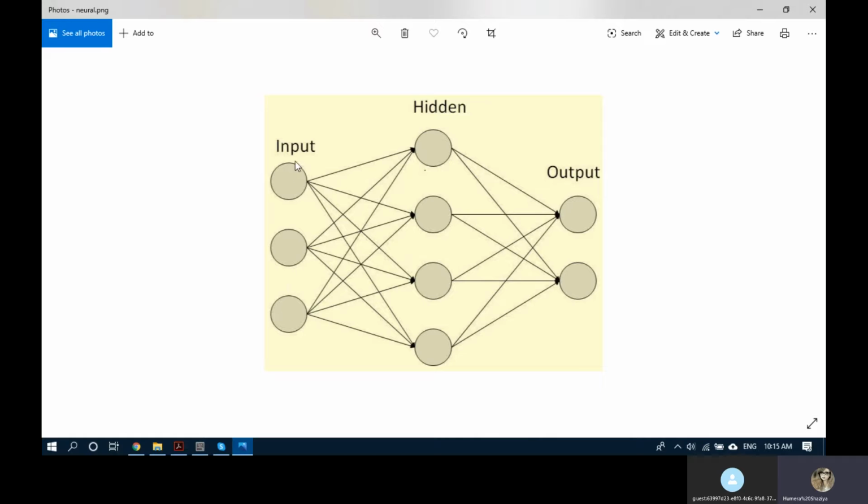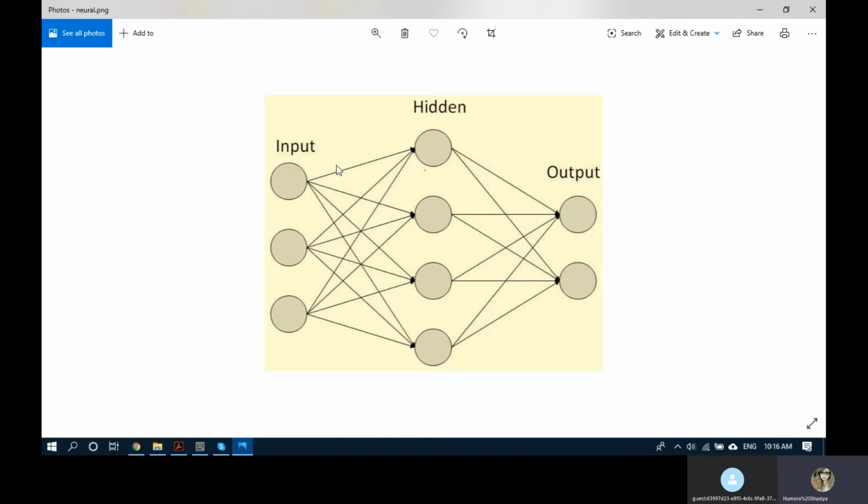These are input neurons, these are hidden layers, and these are output neurons. Input is fed through this input neuron, and each connection point between each set of neurons of a layer with all the neurons of its previous layer,